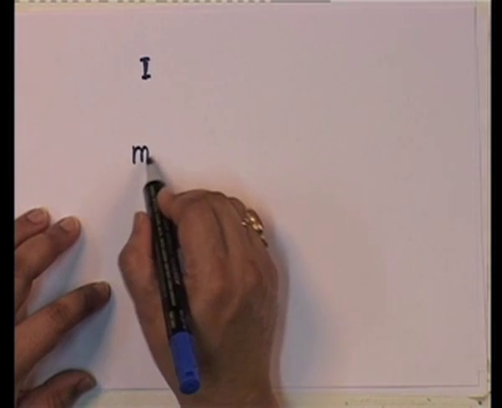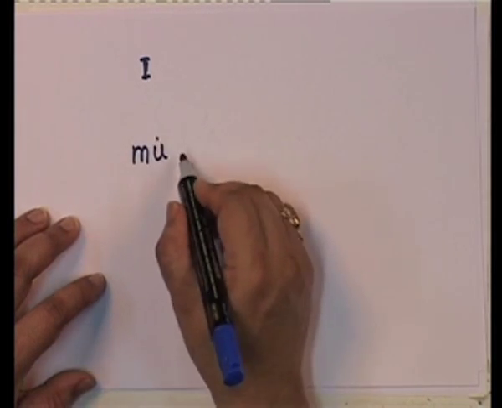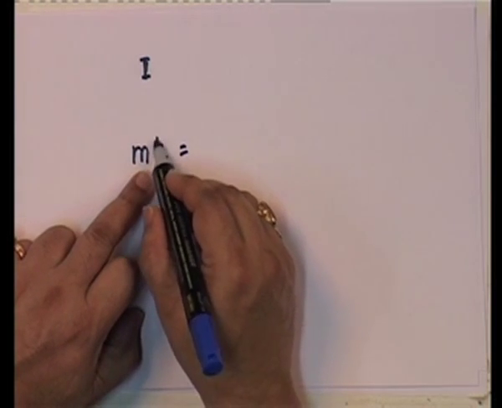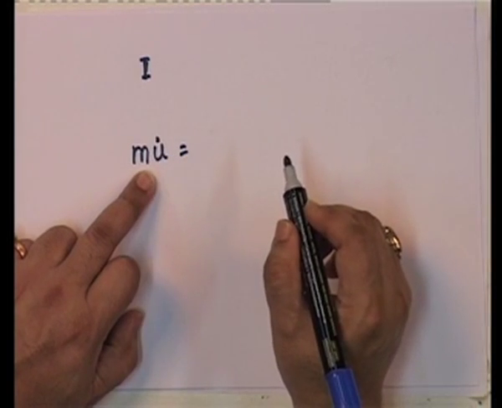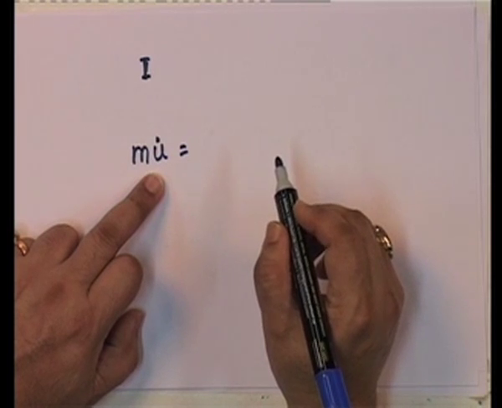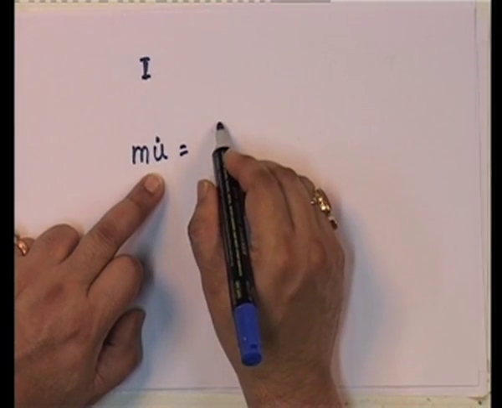It says m into the velocity, which is m into u dot, is the momentum. The momentum is equal to